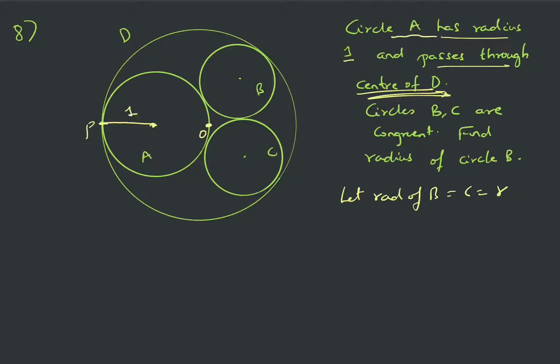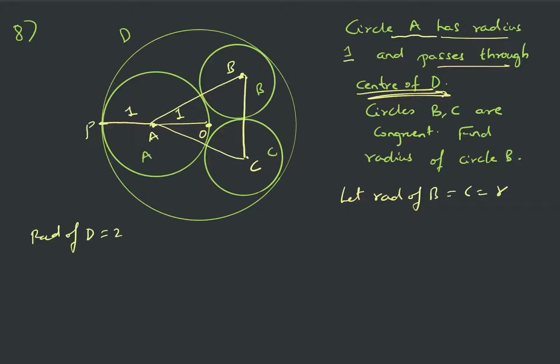So circle A has radius 1, then clearly you can see that circle D has radius 2. So radius of D is nothing but 2. Fine. Also, I am just joining the centers. Let us say this center is itself B. Okay, the name of the circle is B, but I am naming the center as B, the center as A, and the center as C. So I am joining AB, BC and AC.